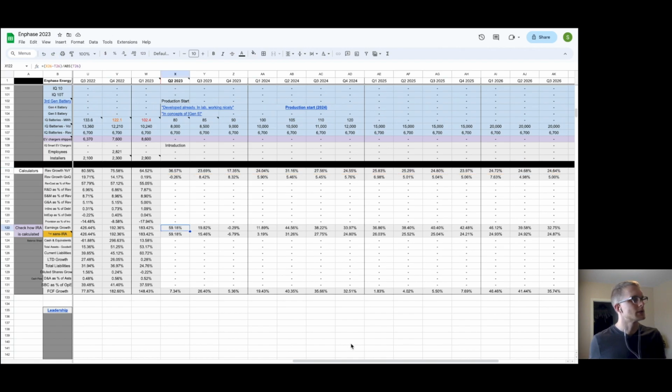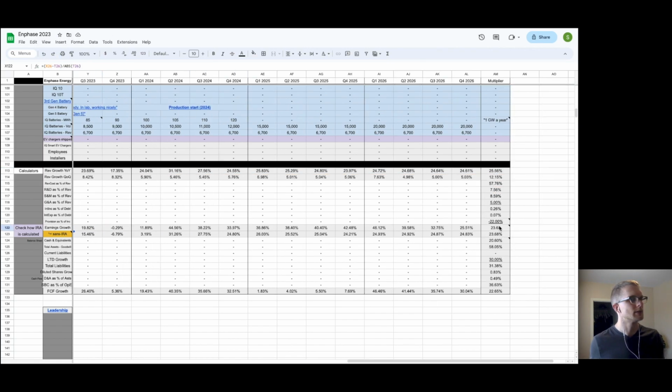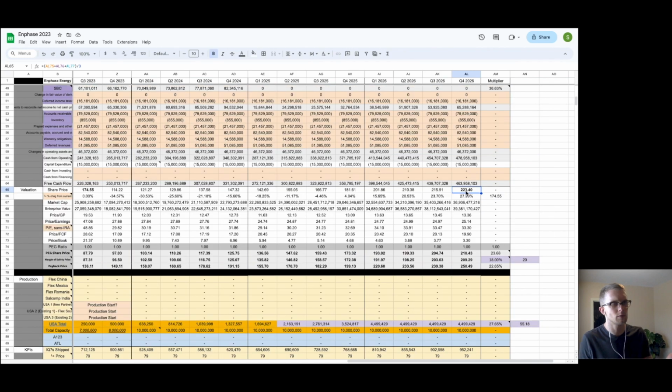Now, same thing for earnings. The earnings growth rate is just all of the forward values averaged out. And then same thing again for the free cash flow growth. That is how I've arrived at the 223.4 by the end of 2026, based upon pushing the whole company back by basically 1.5, kind of 2 years, depending how you're looking at it. And again, that's why my price target seems so conservative, why I felt the need to make a video to complement it, because